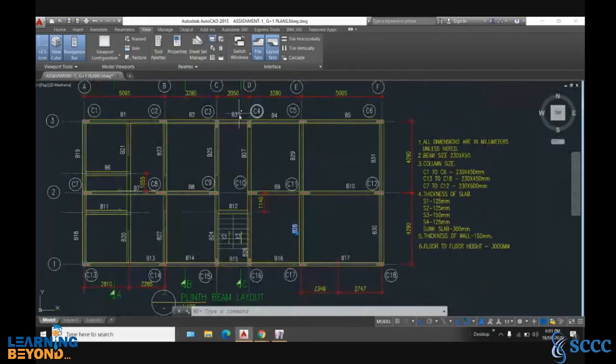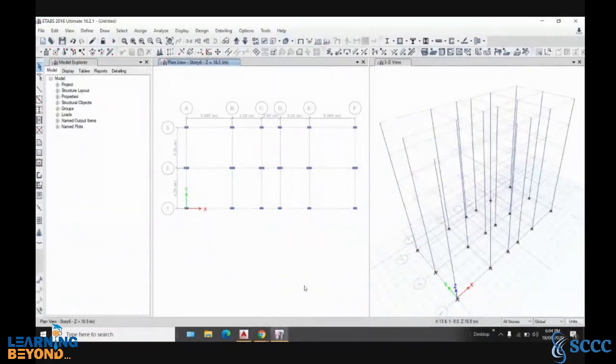So 3 and 4 and 15 and 16 are oriented in vertical manner. Rest of the columns are oriented parallel to X axis. Okay, so we have to go to parallel to Y axis. So 3, 4, 15, and 16. So what we can do, we will select them. So this is a selection process.